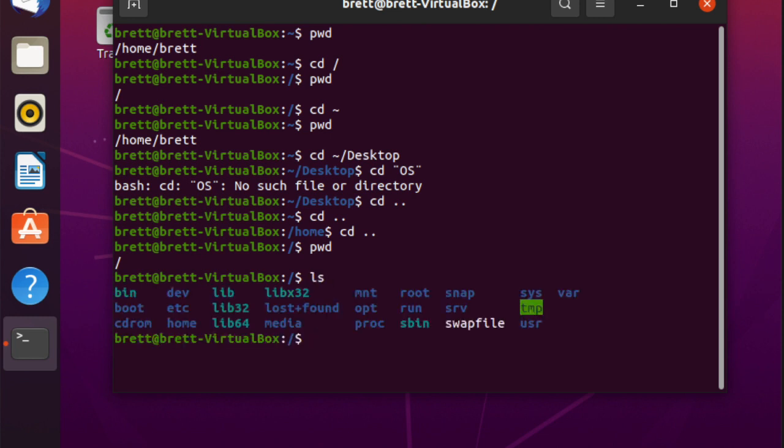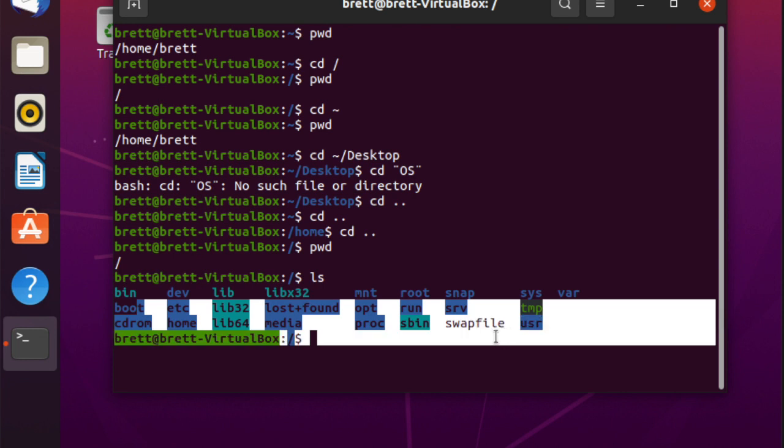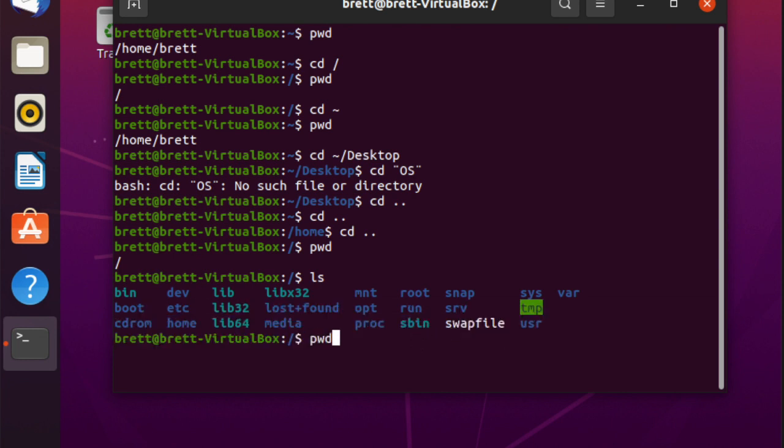Then ls. It shows all the inventory in the present working directory, no. So let's see it for pwd, and